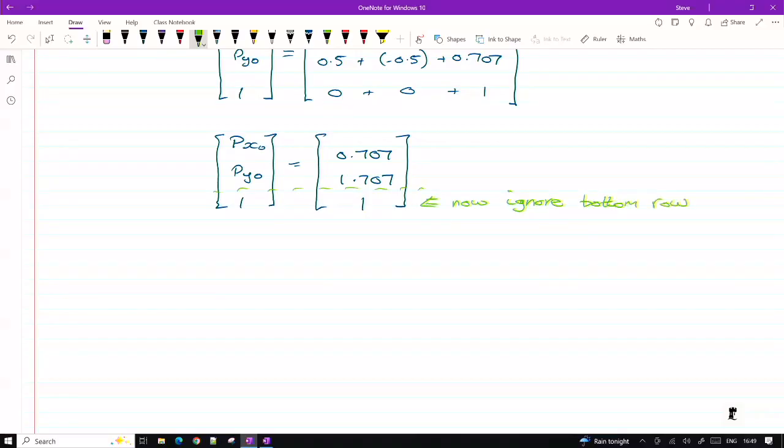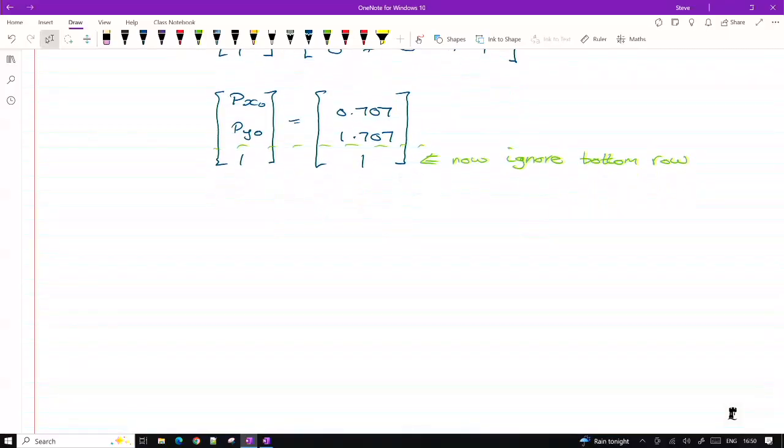So when we get to that point, we've worked out px0, py0, 1, so we have a vector equals another set of values. We simply ignore that bottom row that we added previously to make the mathematics doable, to comply with the laws of matrix algebra. And the final result is